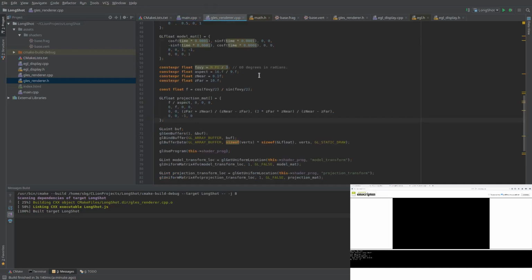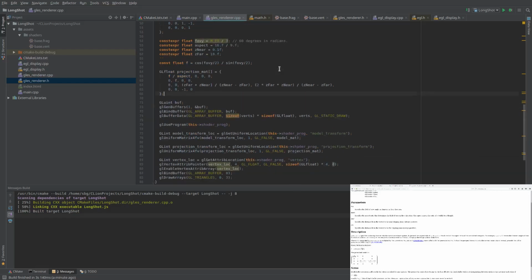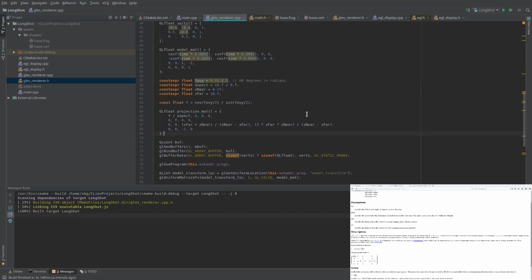So, what goes wrong here? Aspect is 69. Move that what was